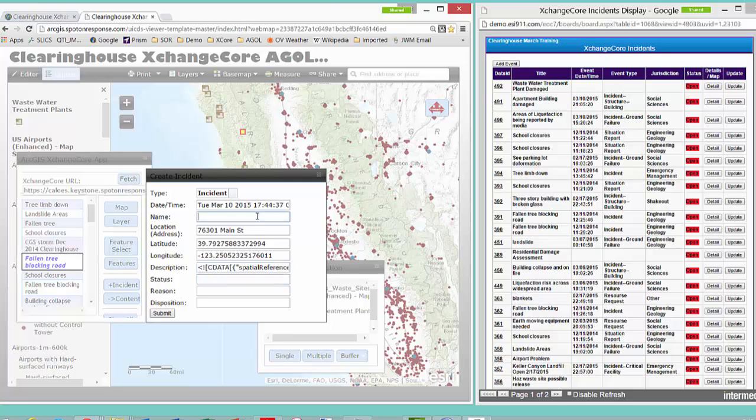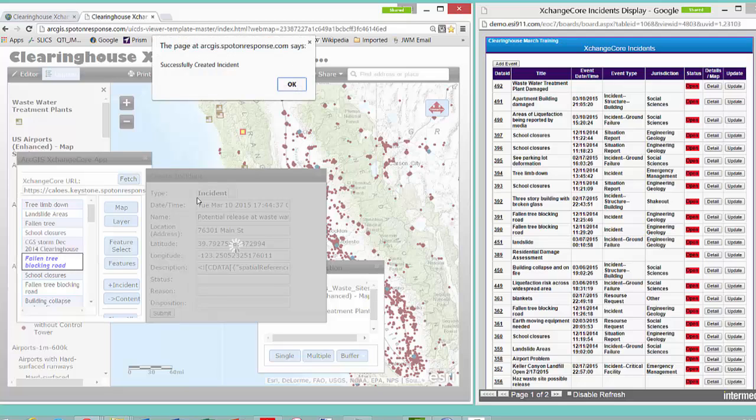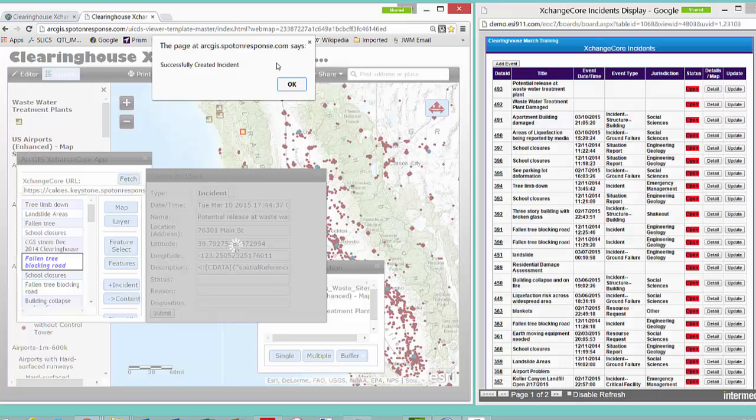And what I'm going to do is say, potential release at wastewater treatment plant. Okay, I can put some reason, I can put disposition down there, but most importantly, I'm now taking all this information that I spent a whole lot of time getting into my GIS, and I'm now providing it out. It tells me up here I've successfully created an incident on ArcGIS Online, and bingo, right there, potential release at wastewater treatment plant on